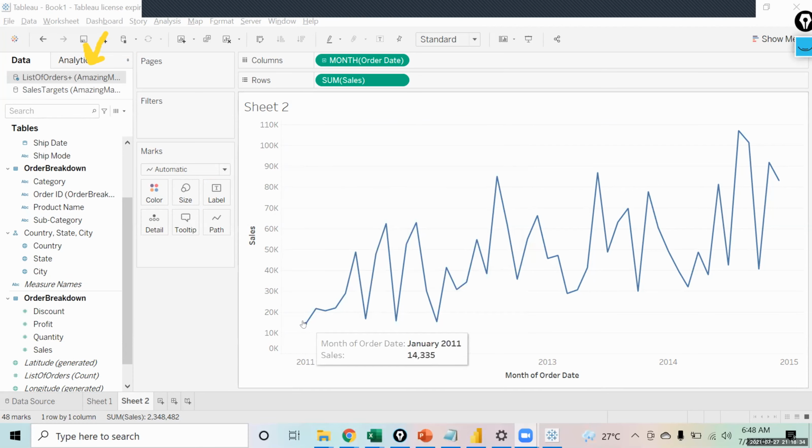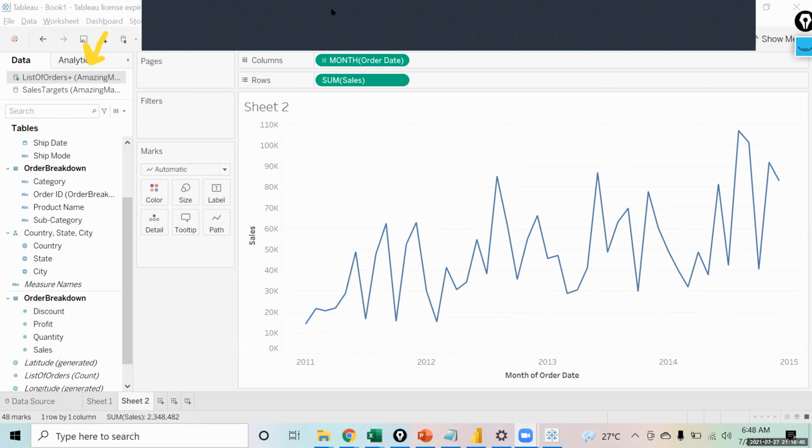You see now, this is the sale that happened in Jan 2011, Feb 2011, March, April, May, June. For all the months, this is the actual sale, which is nowhere related to the data blending right now.